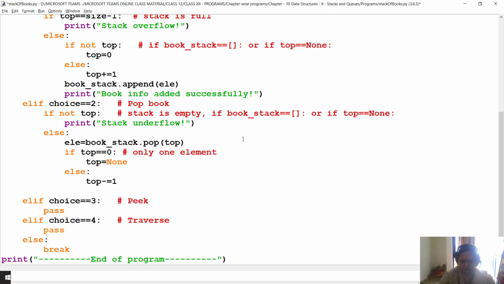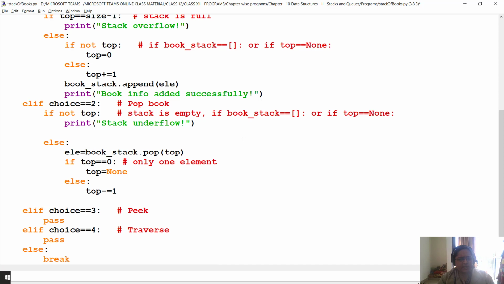Now one thing is there: if in case there is stack underflow, that is, nothing is there to delete, then in that case element should also be set to none.